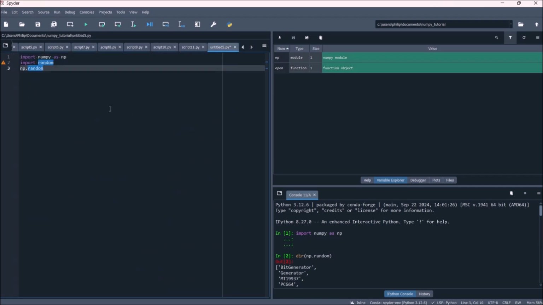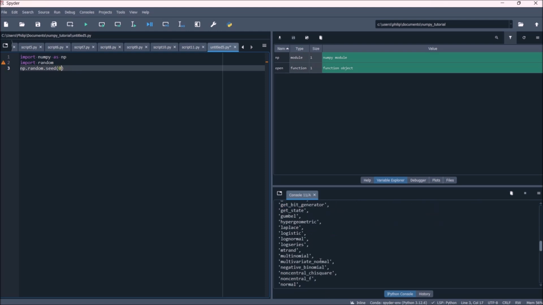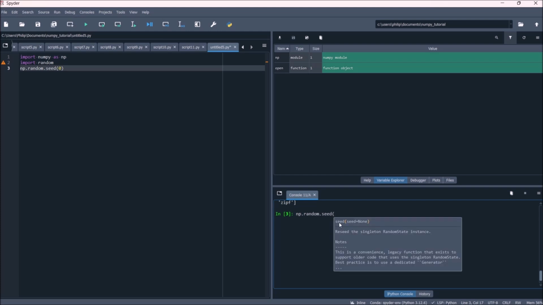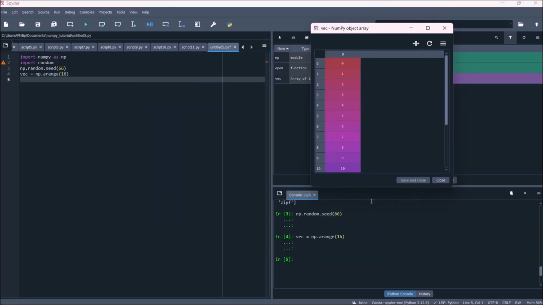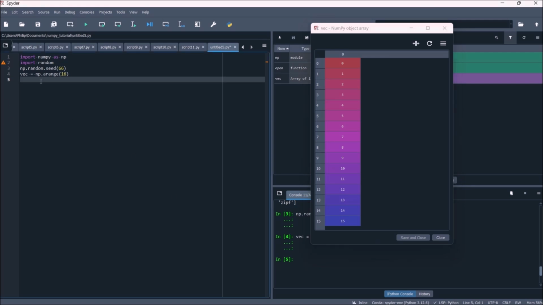Okay, so the random numbers generated are pseudo-random, and one thing that we can set is the seed. This essentially sets a random state, and if we restart the kernel and go back to this random state, our code is going to be reproducible, so we're going to get the same random values. In general we set an integer here, so for example I can use 66, and let me just create the following vector,